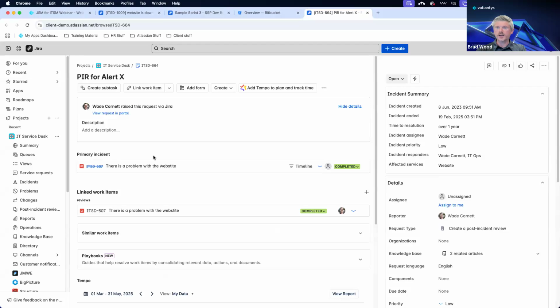So you can see the primary incident is this old incident ticket that we use in another example. We can see the status on that incident. And over here in the incident summary, I really like this section. So it's a quick summary of relevant information on that incident. So when it was created, when it was resolved, the time to resolution, the assignee, the affected services, and so on and so forth. And one other cool thing you can do is click on the timeline for this primary